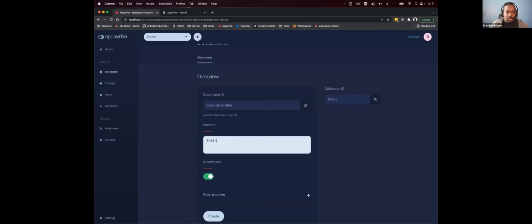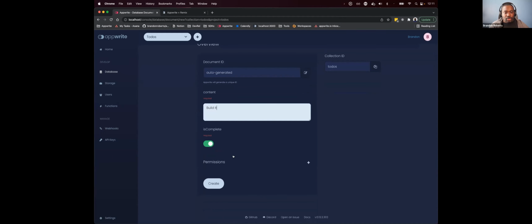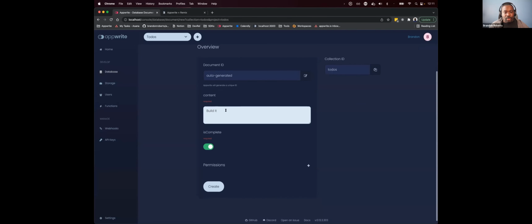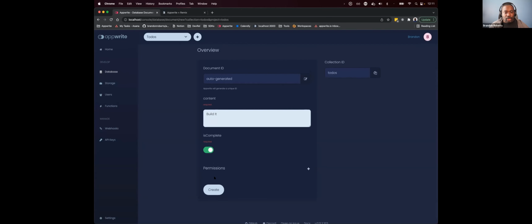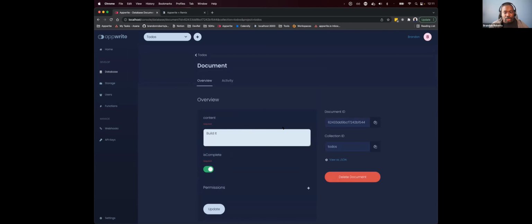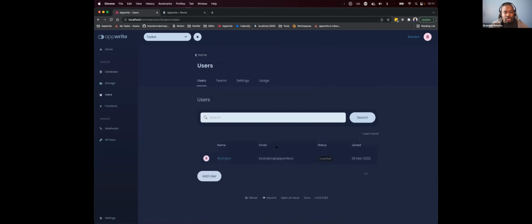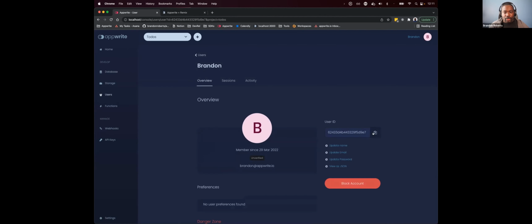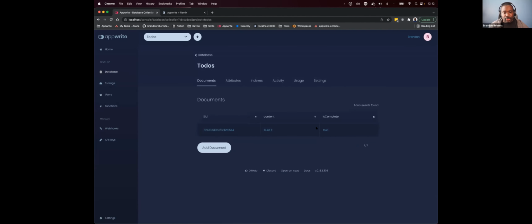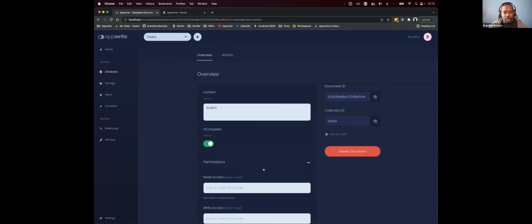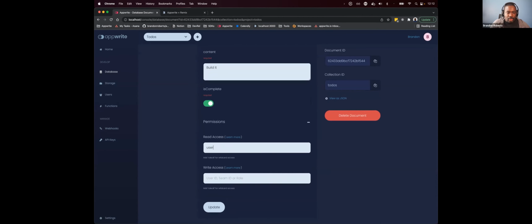So for to-dos, we'll say build it and it's complete. And users, we'll copy this user and go back into our database and look at the permissions for here, where you can actually define who can read and write to a particular collection.